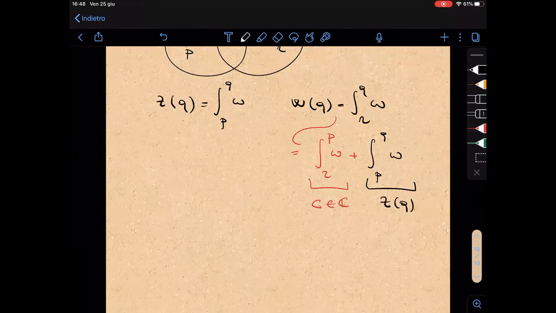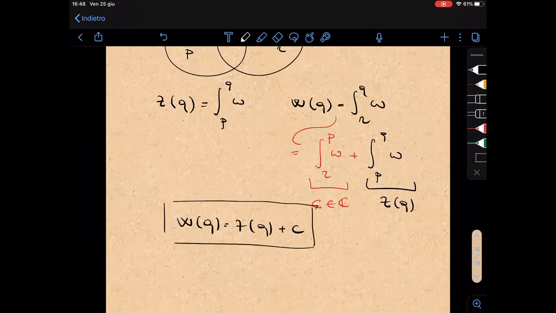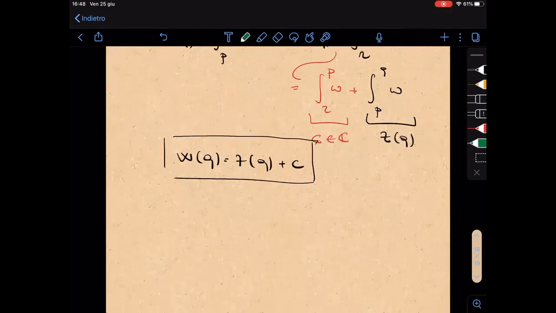So we have said that W of Q is nothing but Z of Q plus C. And this gives the equivalence between these two definitions. So from now on, translation